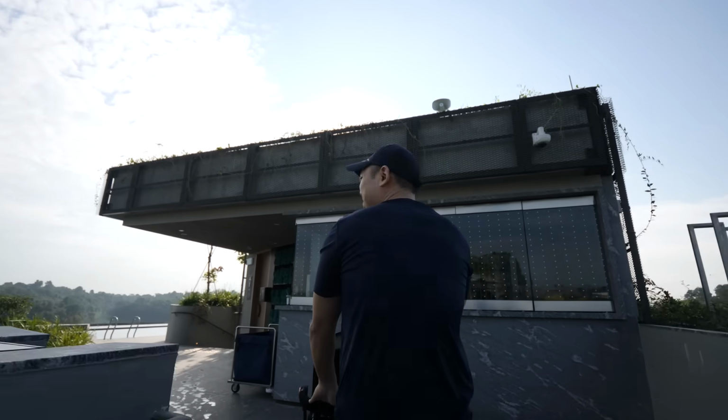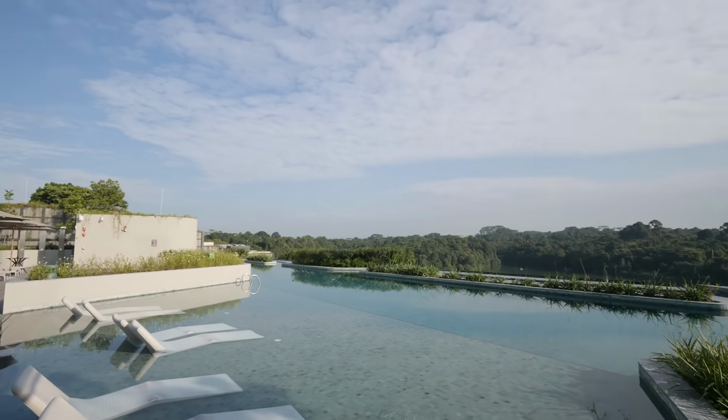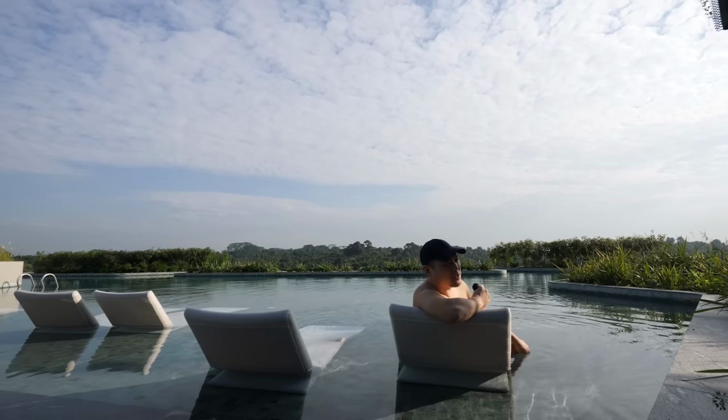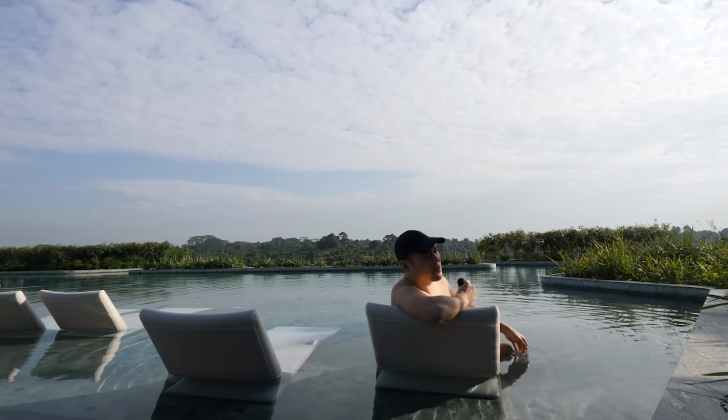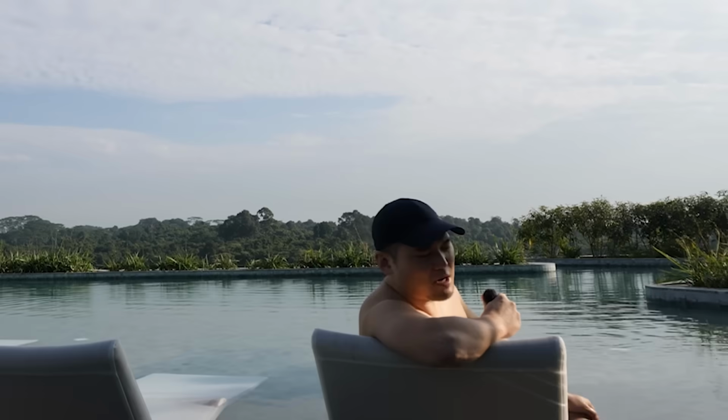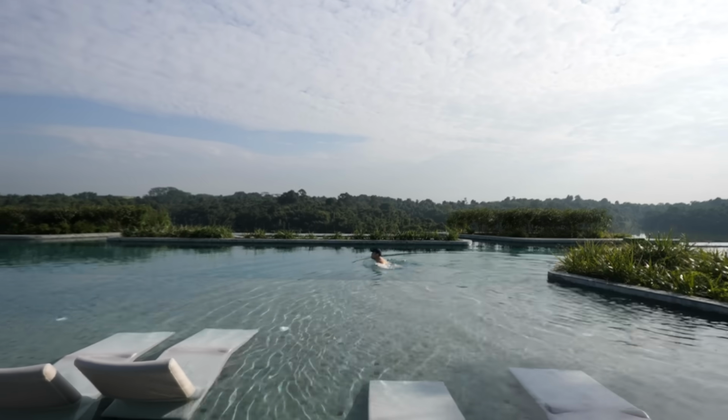Oh wow, it's nice. So this is the infinity pool. It's pretty cozy, but I love the view. Honestly, I think I have outgrown pools. I mean, what's so special about it? It's just a pool of water, you know? I'm a grown-up adult, I will just...